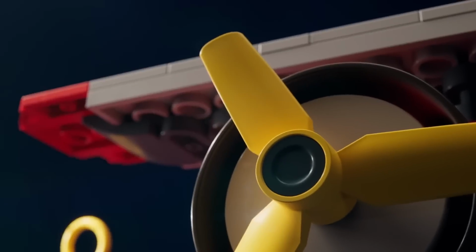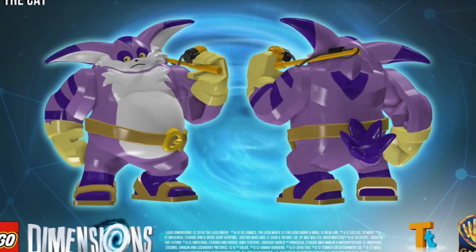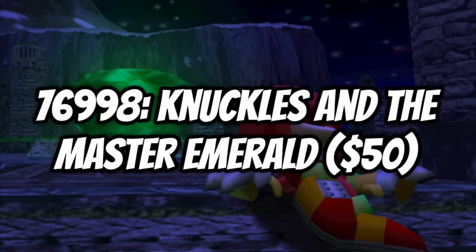I think it's gonna be decently large, and we might get some more minifigures. I'm crossing my fingers for Big, the figure, as he's the last character that was in Sonic Dimensions that doesn't have a minifigure yet. The next set after that is the Knuckles and the Master Emerald set, which will be